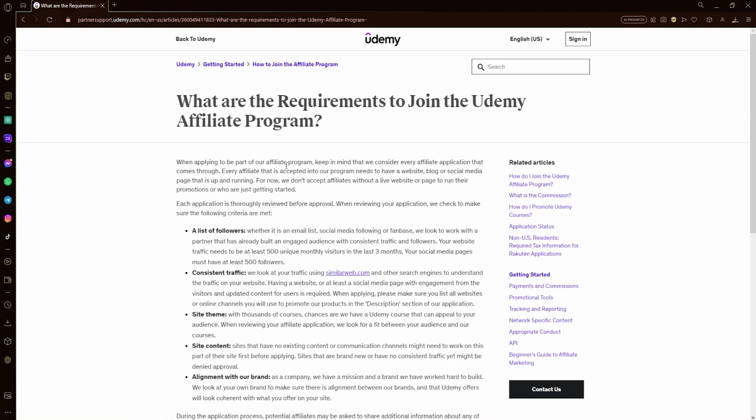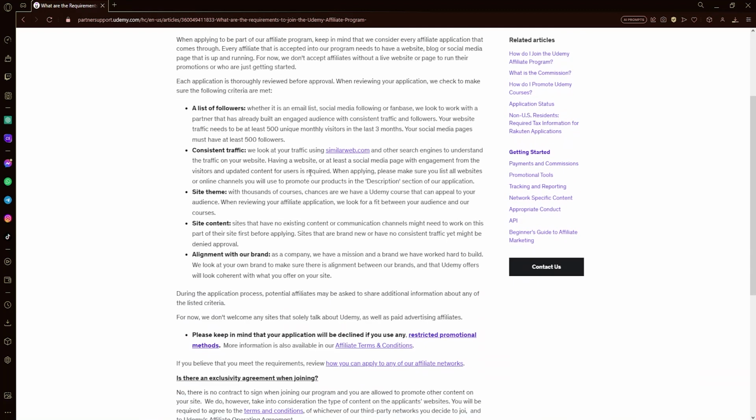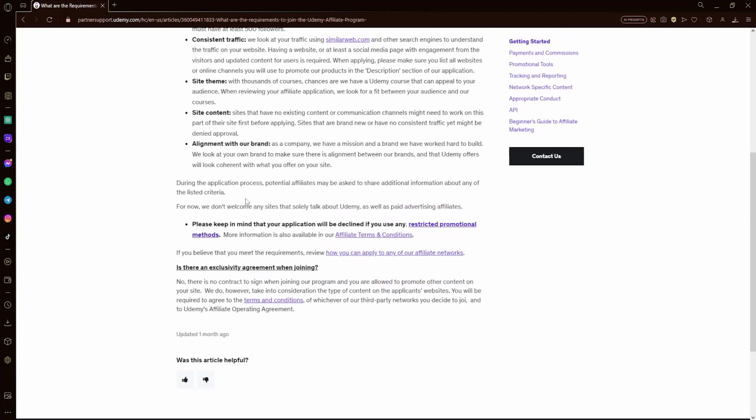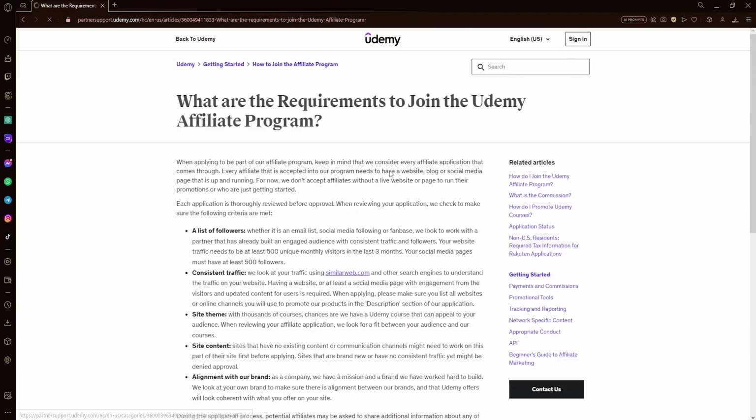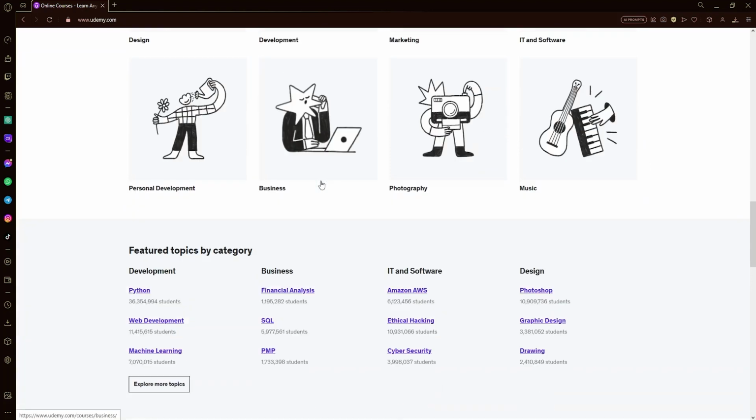If you don't meet all of these requirements, make sure you try to meet most of them. If you don't have any website at the moment, no problem, you can still apply, but you have to have some kind of engaged customers. All right, so let's get back to the affiliate marketing